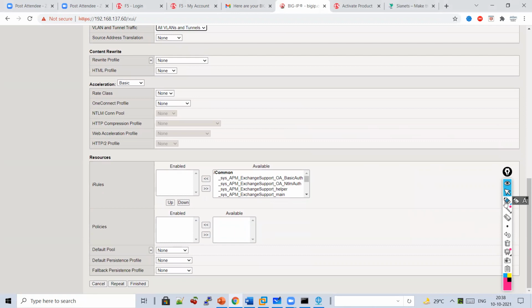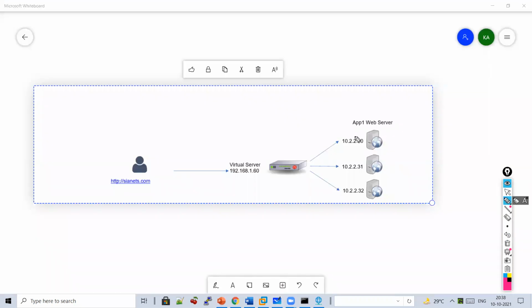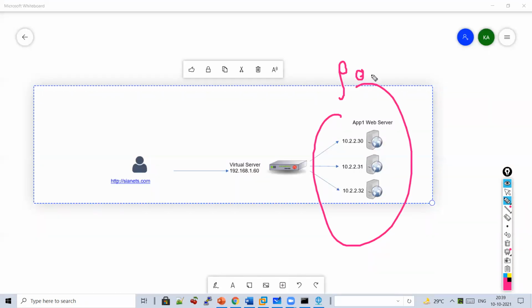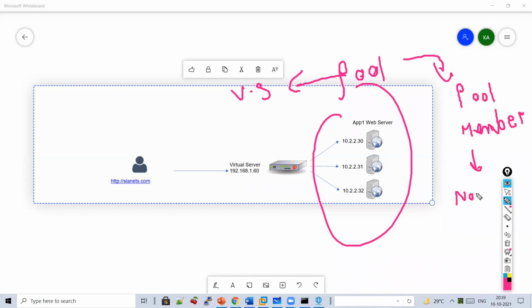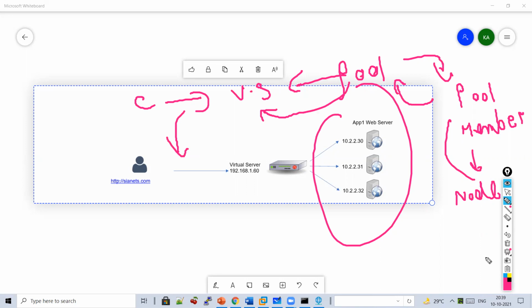Important point is, I'm just showing you the topology. What is the important point next? You have to map this pool to the virtual server, right? This is the topology you need to define, and you need to remember: a node is generally called a pool member, pool members make up a pool, and then the pool is mapped to a virtual server, because the client is finally accessing the virtual server.